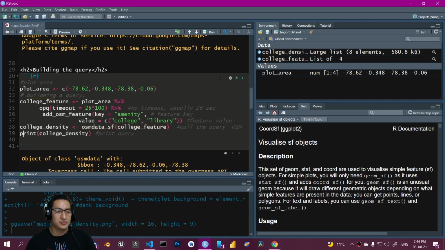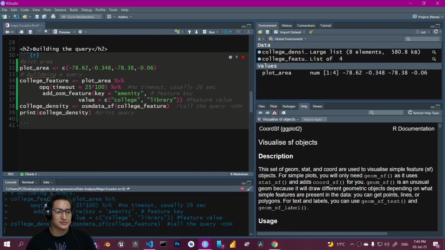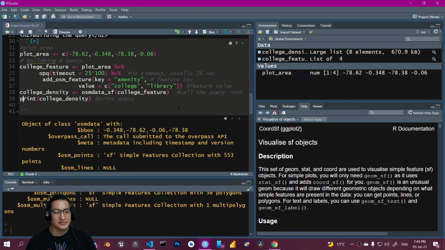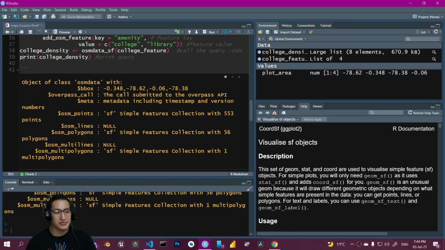Then we're going to print this variable. Okay, so we receive this data: some points, some lines, some polygons, some multilines. And in this map, we're going to use only the points, so we can see the libraries and the colleges